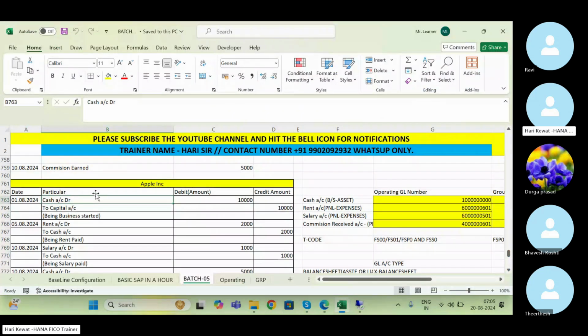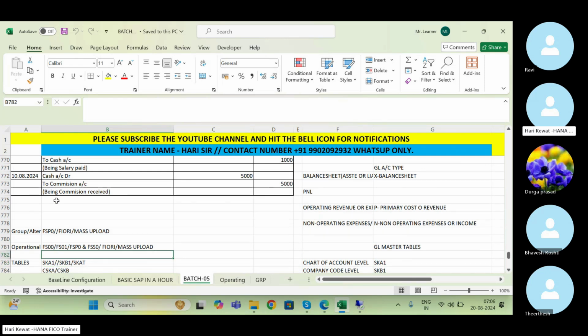In last class, we have posted our first document, that is cash account debit to capital account. Now we are going to post the second document today, that is rent account debit to cash account. And in last class we have used the T code called